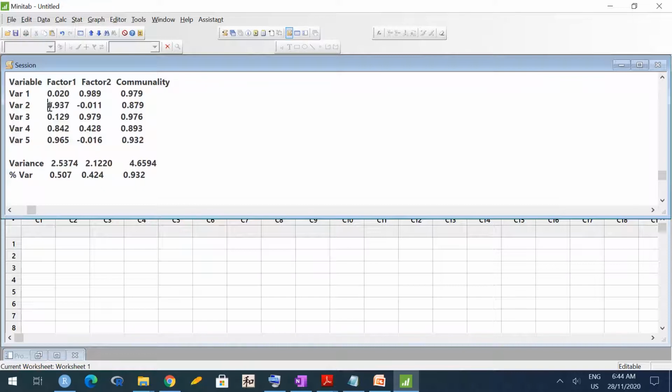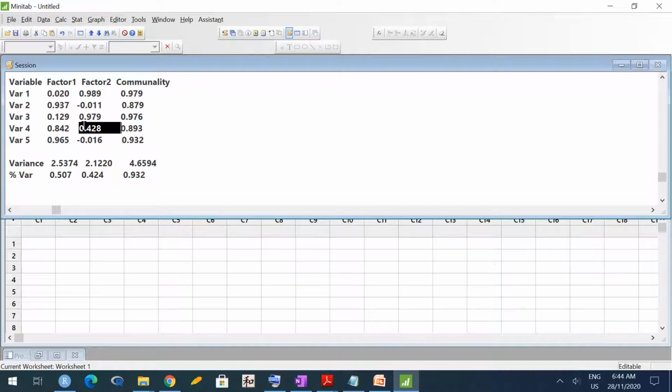So you can see here variable 2, variable 4 and variable 5 have significantly higher contribution from factor 1, and factor 2 affects variable 1 and 3 very significantly, whereas others comparatively have less role.